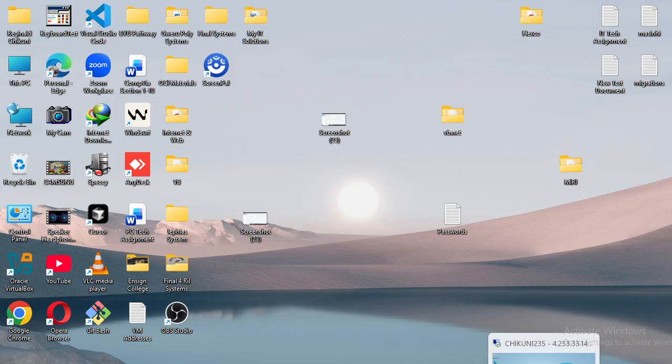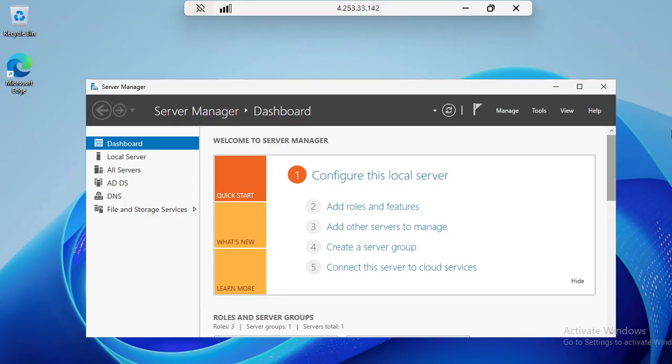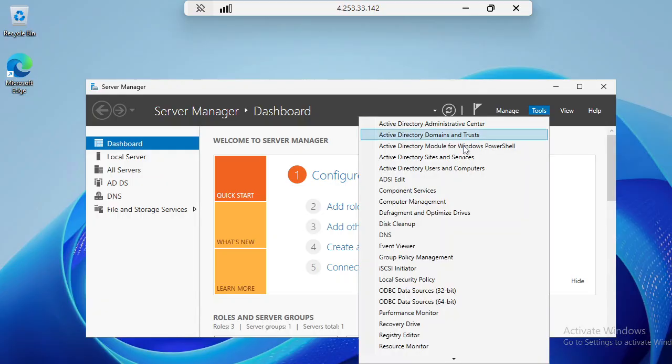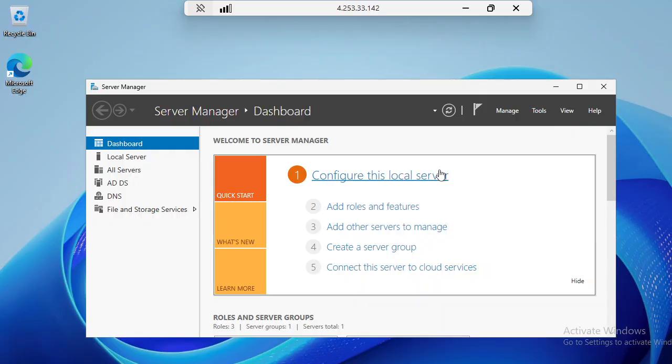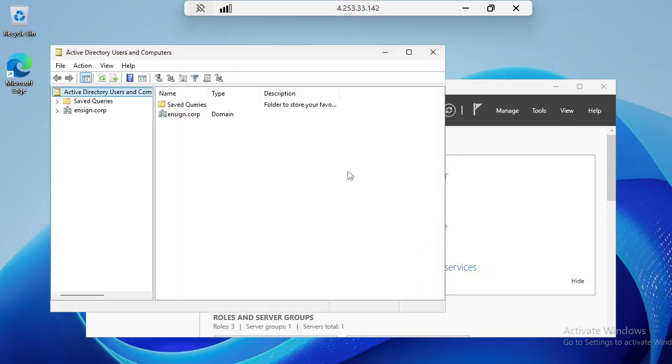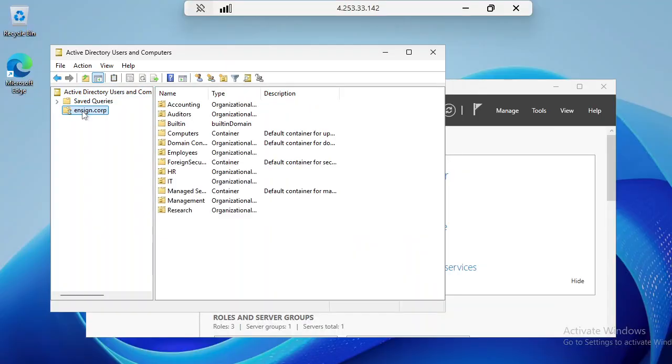Okay, so right now I'll take you to my remote session on my server. Let me begin by opening Active Directory Users and Computers. Next I'll go to my domain and